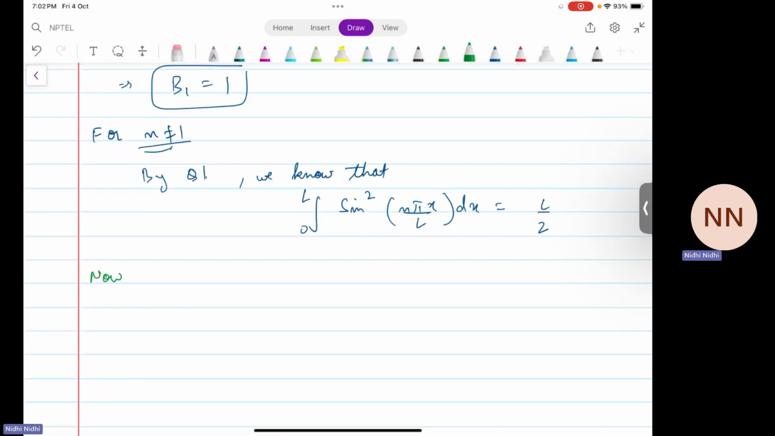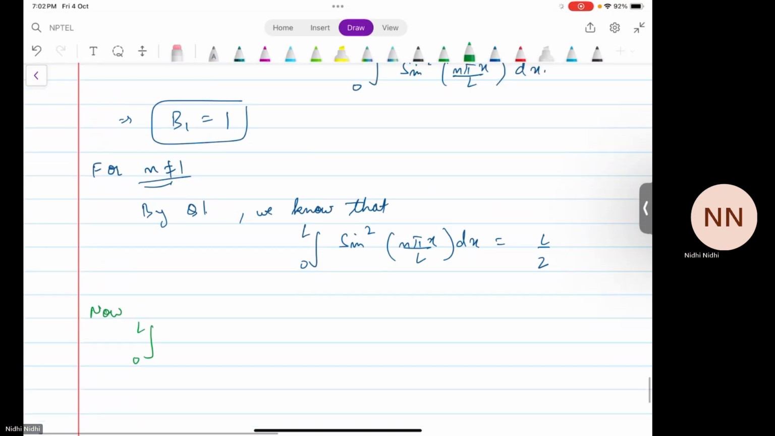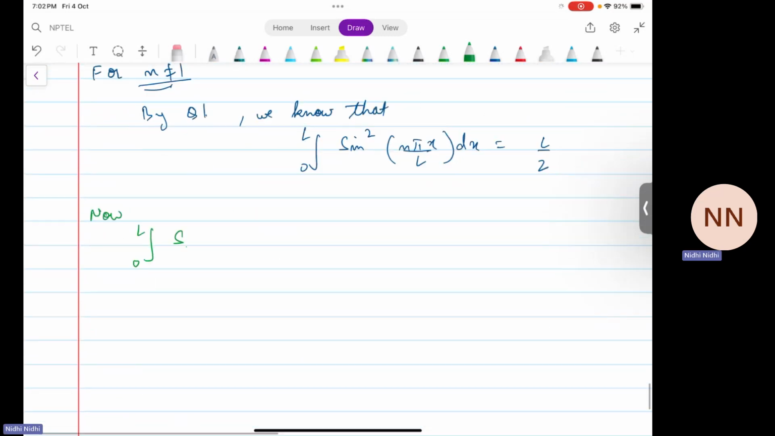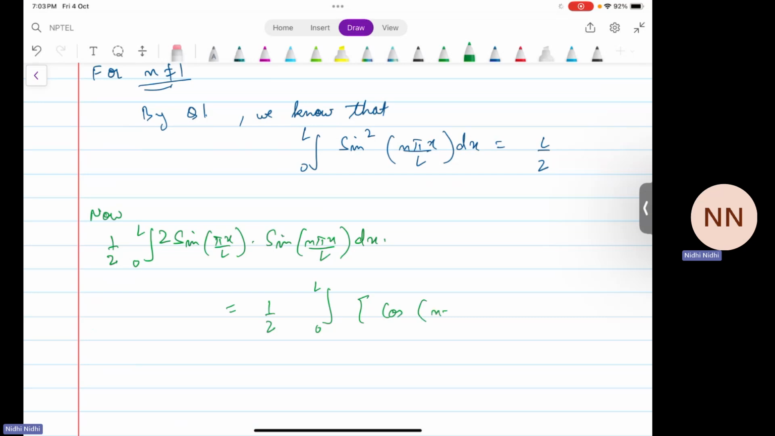Now, integration 0 to l sine pi x by l times sine n pi x by l dx. We can just multiply it by 2 and divide it by 2. We know that 2 sine a sine b is cos(a minus b) minus cos(a plus b). So this is 1 by 2 integration 0 to l cos (n minus 1) pi x by l minus cos (n plus 1) pi x by l